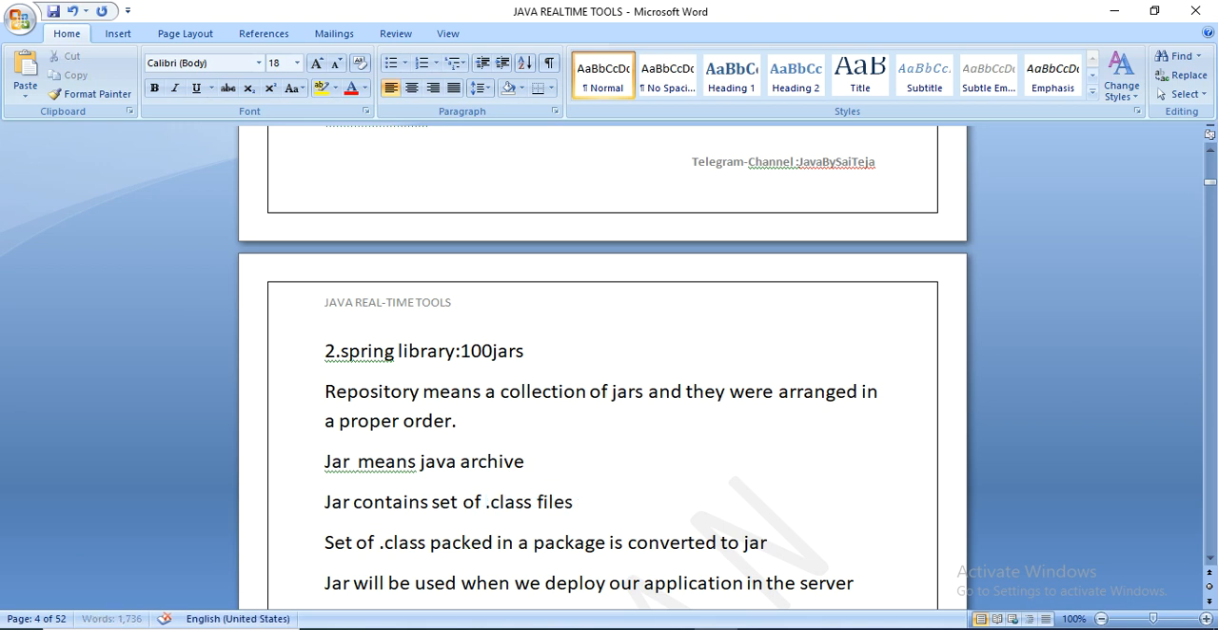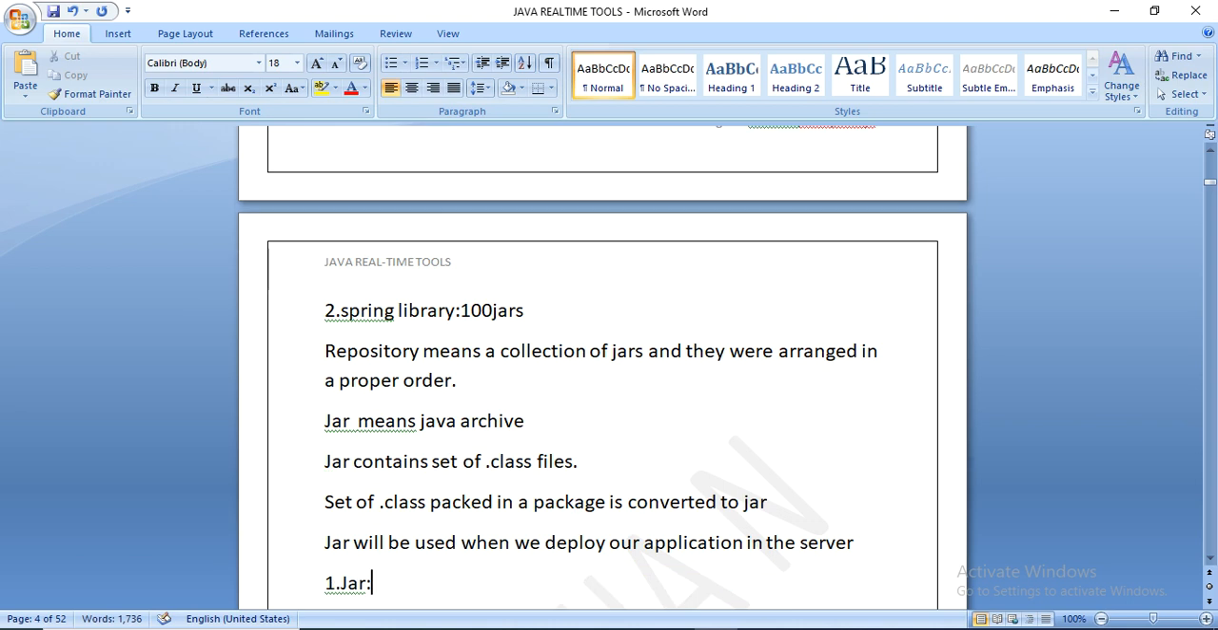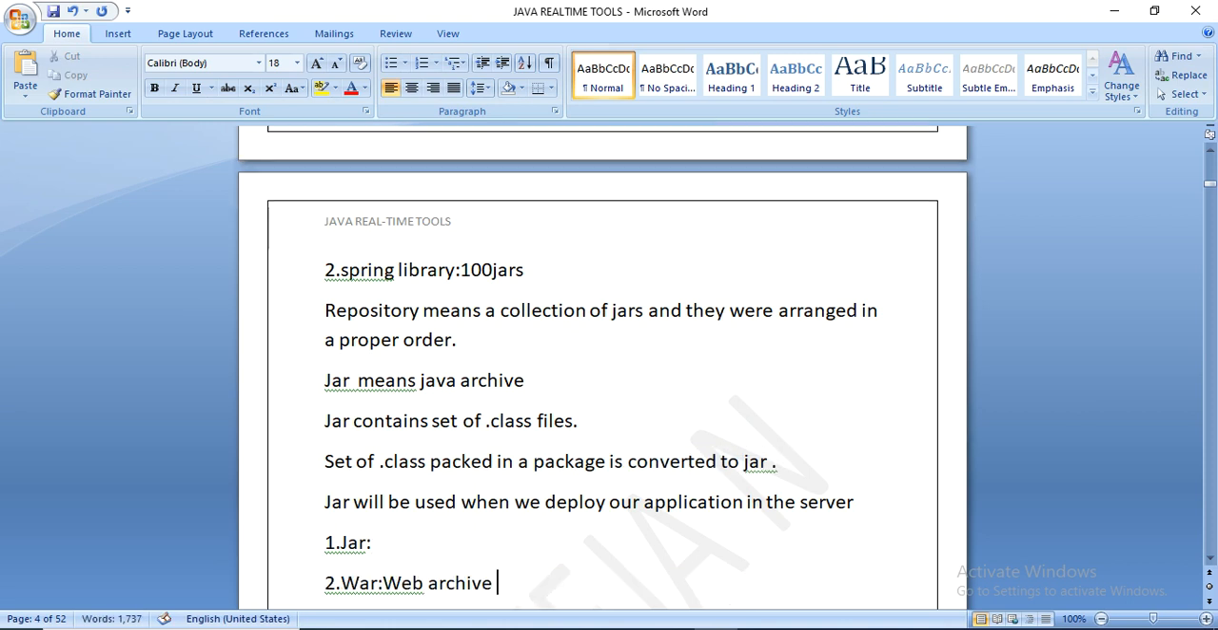It contains a set of .class files. These set of .class files will be packed into a package, and that is converted into a jar. So what happens when we use these things? When the jar is used, we will be deploying our application in the server. Like if you are working on Spring Boot, by using a .jar file, we will be deploying